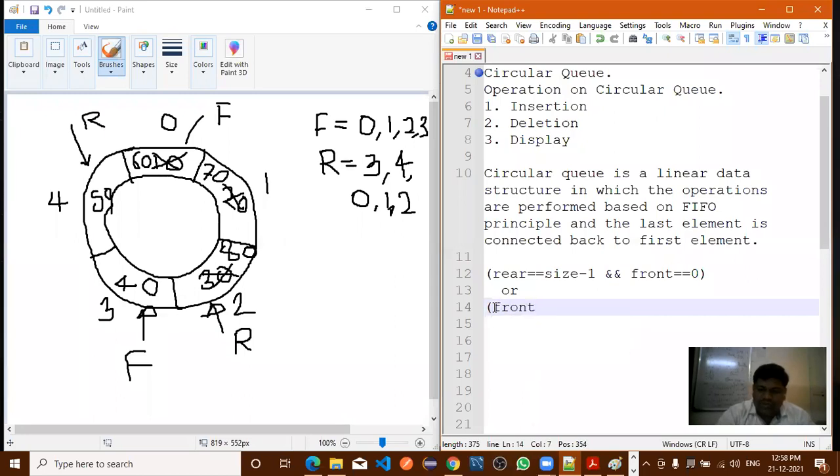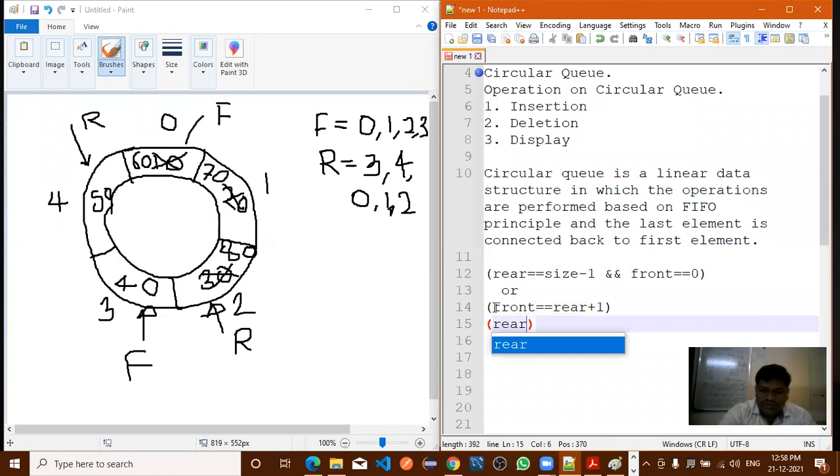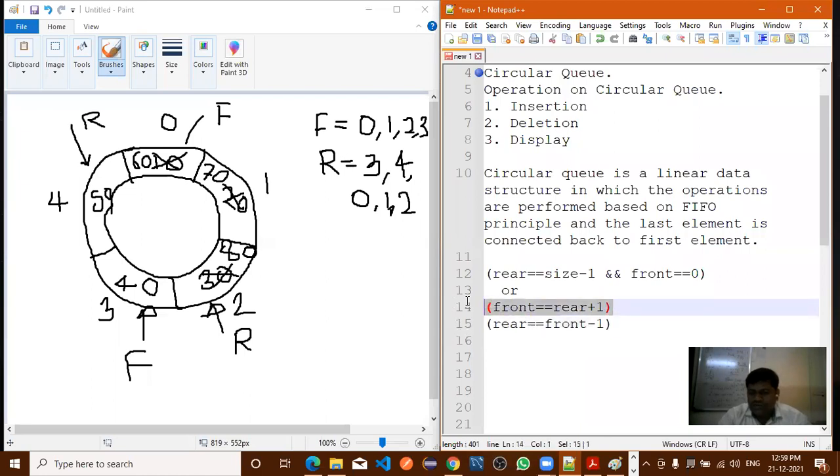Suppose front equal to, so what should I write? Can I write like this? Rear plus 1. Yes, sir. It will also work. And previously what you said, rear is equal to front minus 1. So either you can use this condition or that condition, right?